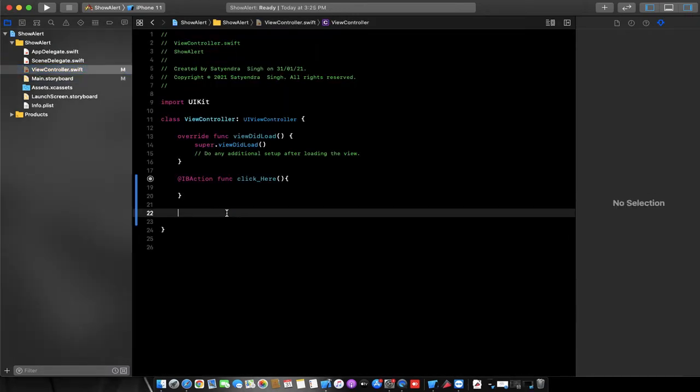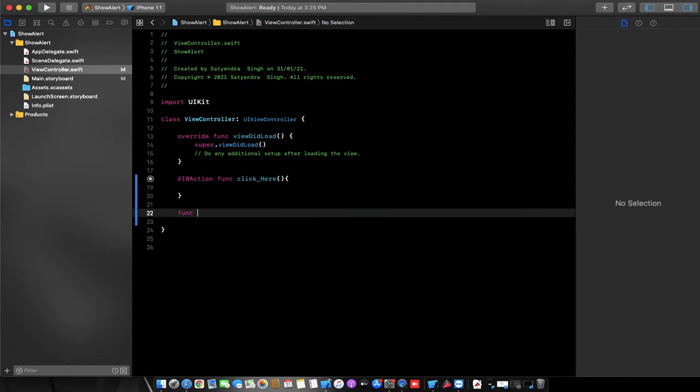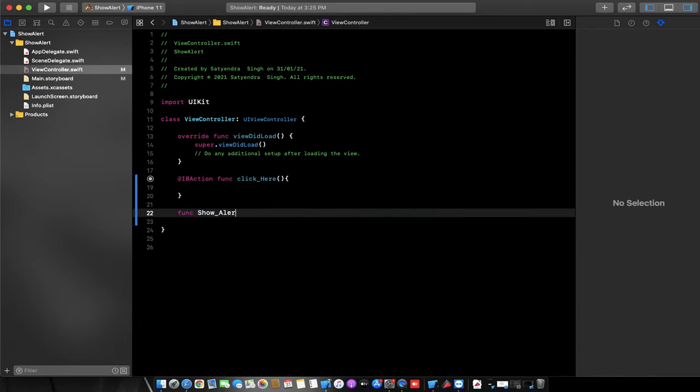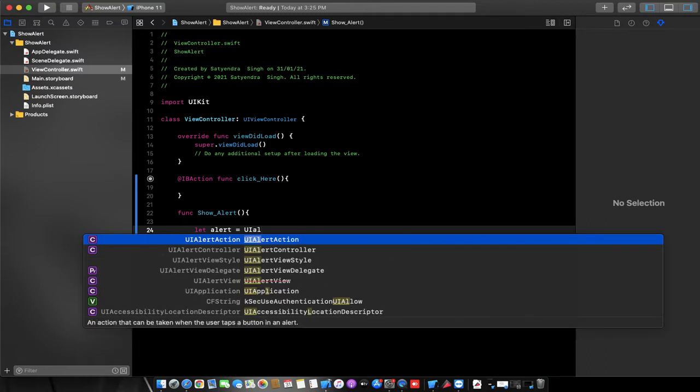Let's create a function for showing the alert. Function, and the function name is showAlert. Now we need to create a variable. Let alert equal UIAlertController,